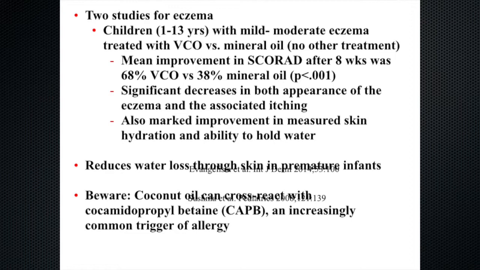And there were also significant decreases both in the appearance of the eczema and in the associated itching, as well as an improved ability to hold on to hydration in the skin. And there has been another study in premature infants showing reduced water loss through the skin with coconut oil. So there are some studies out there, nothing in EB, but some reasons to think why it might be helpful